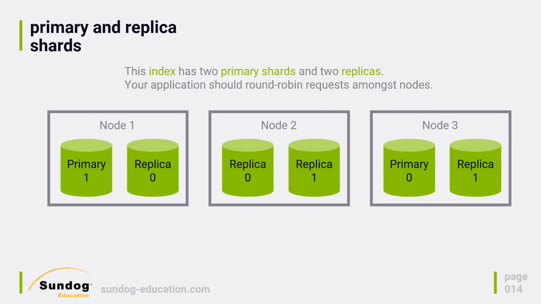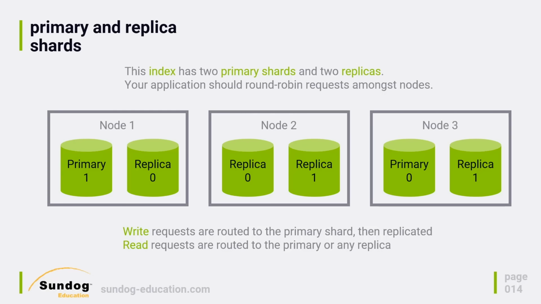Let's talk a little bit more about what exactly happens when you write new data or read data from your cluster. So let's say you're indexing a new document into Elasticsearch. That's going to be a write request. Now, when you do that, whatever node you talk to will say, okay, here's where the primary shard lives for this document you're trying to index. I'm going to redirect you to where that primary shard lives. Okay? So you'll go write that data, index it into the primary shard on whatever node that lives on, and then that will automatically get replicated to any replicas for that shard.